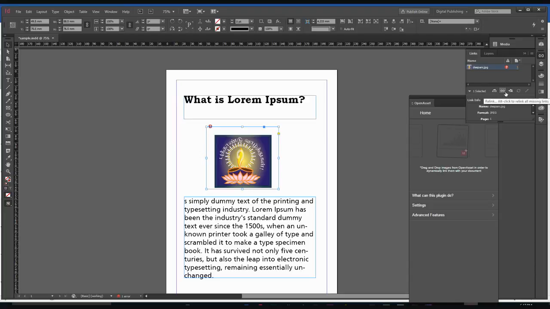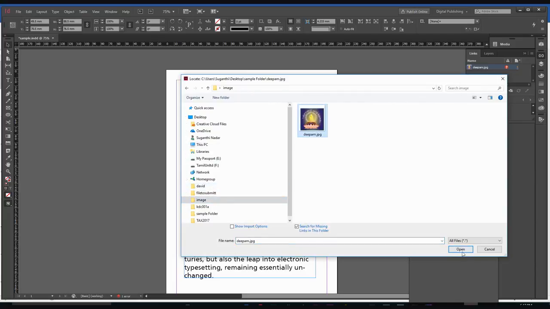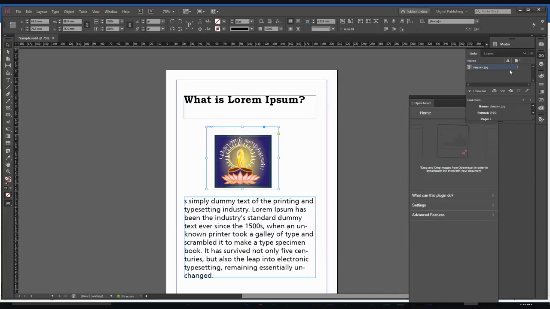click this link button. See, this one relinks to your CC libraries, this one relinks to your folder. If you click it, it is looking at the sample folder and it's not there. So we are going to go back and find the image folder. Here it is. Once you link it, the error message in 3 places goes away. So make sure that you check all these 3 places, and instead of just saving the file and sending the folder, go File,